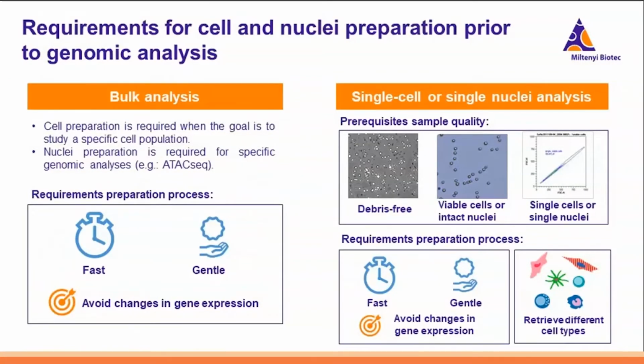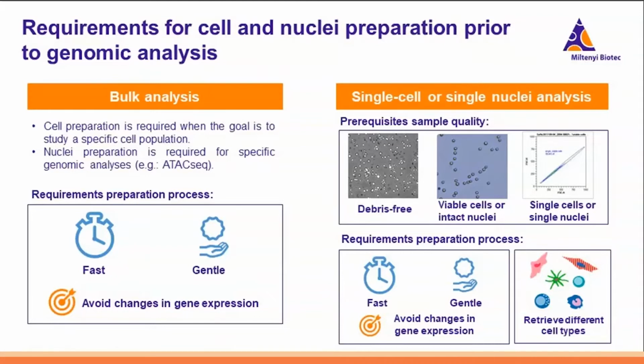For the preparation of cells or nuclei prior to genomic analysis, there are several requirements that we need to keep in mind, especially for transcriptional analysis, and also depending on whether we want to perform bulk analysis or single cell and single nuclei analysis. For bulk analysis, cells need to be prepared only when the goal is to study a particular cell population, and nuclei need to be prepared as input for certain genomic analysis, such as ATAC-seq, which can also be performed at the single nuclei level. Therefore, to avoid transcriptional changes, it is important to work fast and apply gentle methods to extract the cells and